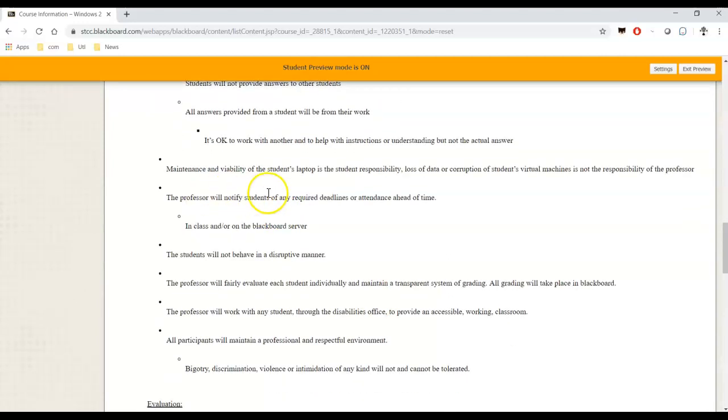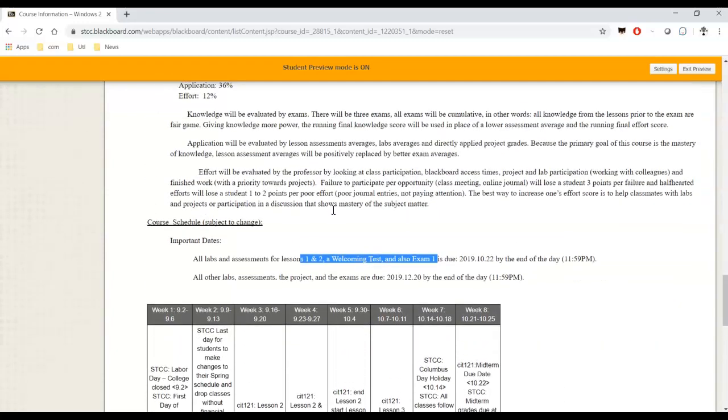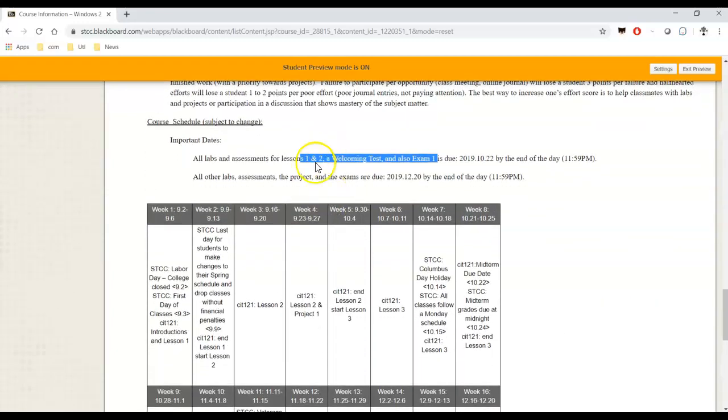Next, the professor will notify students of any required deadlines or attendance ahead of time. So if there's anything I need you to definitely come into class for, I'll let you know. But for the most part, these are the important dates. Okay. Again, all labs and assessments for lessons 1 and 2, a welcoming test and exam 1 are due the